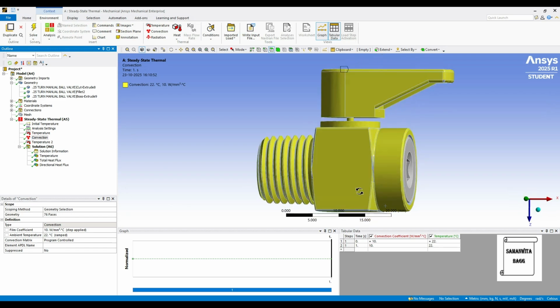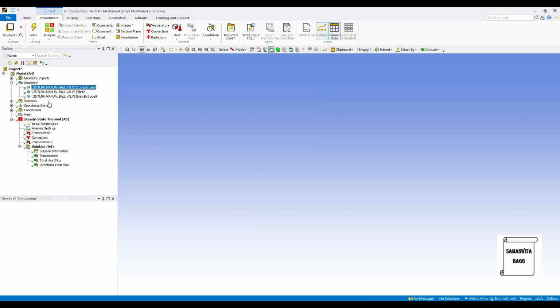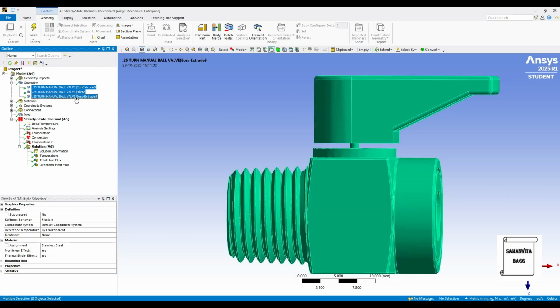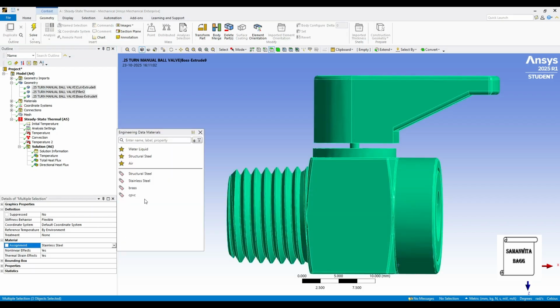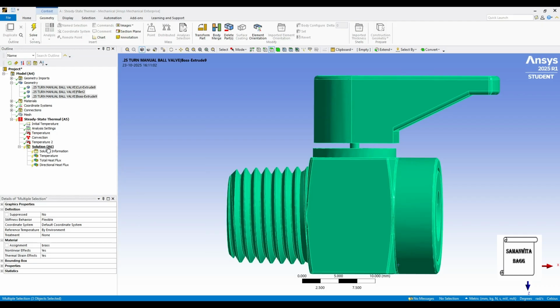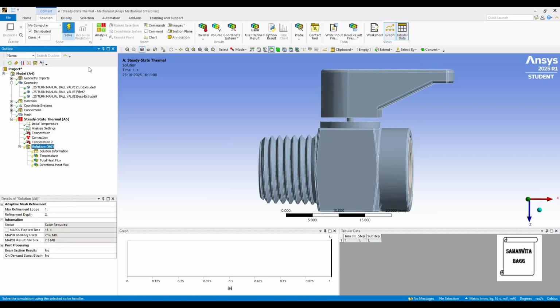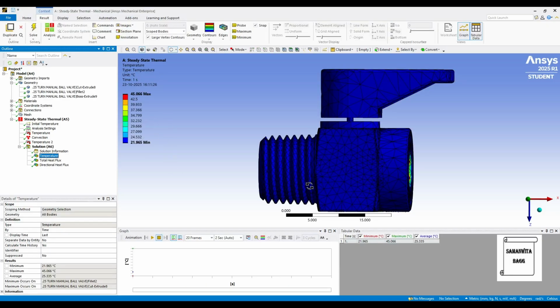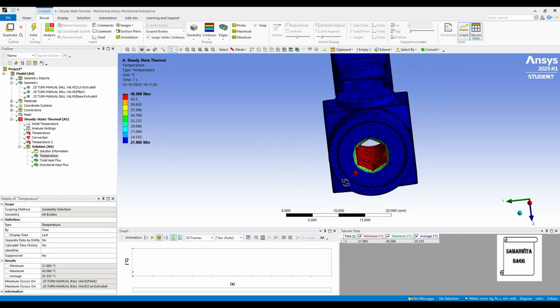Now once this is obtained, we will go for the next material. So we will select all three of them. We will change this to brass and we'll solve once again. Now you can see the temperature change over this body.